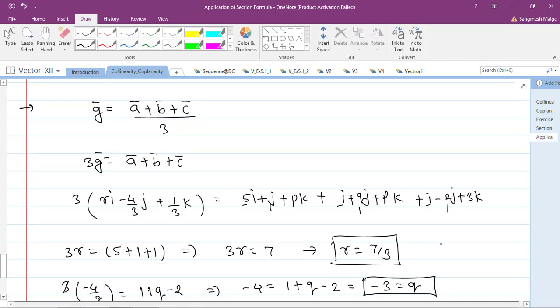So this is the application of the centroid of a triangle. With the same concepts you can solve any type of questions based on these concepts. With this we will stop here, and in the next video we will be solving each and every